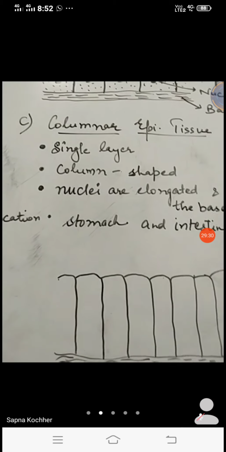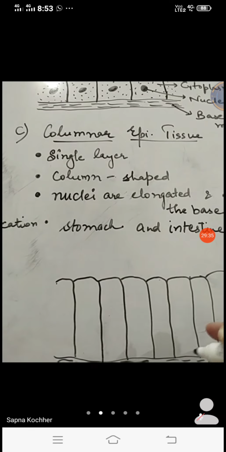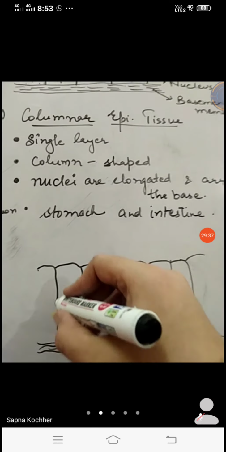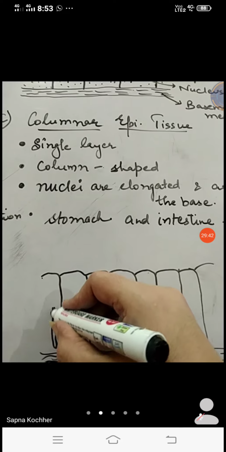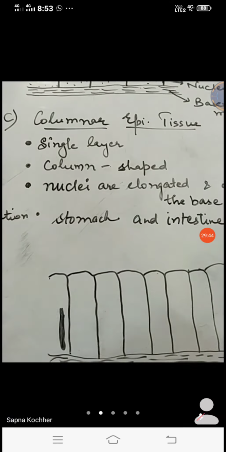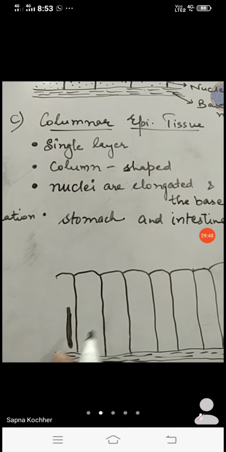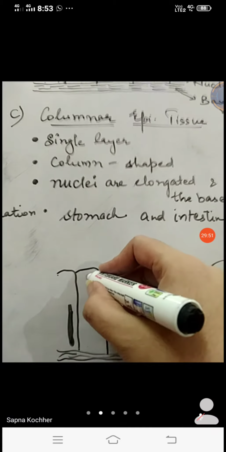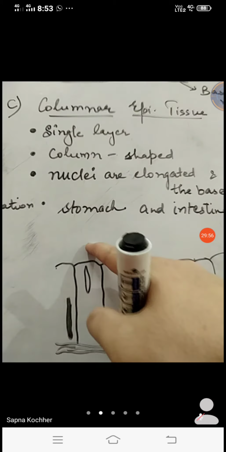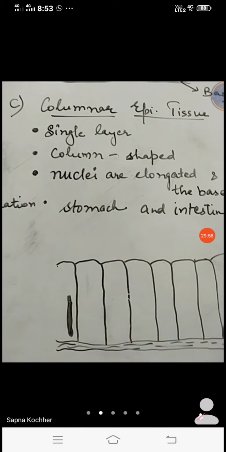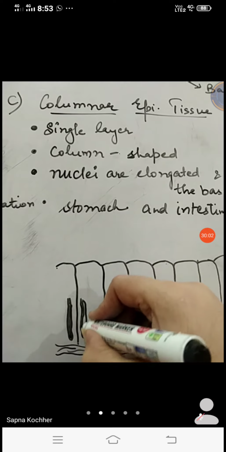Okay, then after this, the nucleus, they will be elongated ones. The nuclei are elongated and present near the base as well as near the boundary walls. Okay, so the nucleus, you have to make it like this, stretched ones, right? They should be near the boundary walls, that is side walls, also near the base. We are not supposed to make it here somewhere. Okay, you can't make it here, right? Because this is the center and also towards the upper surface. This is wrong.